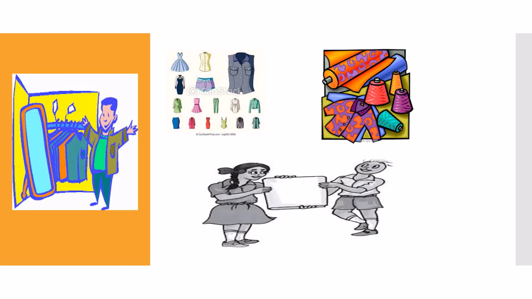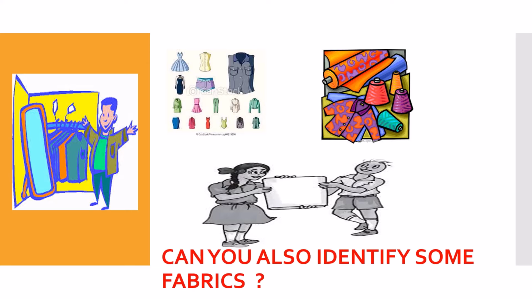The shopkeeper explained that some clothes or fabrics were cotton and some were synthetic. Some are silk sarees, some are shawls, mufflers, etc. They got confused and discussed, and later on they bought a woolen muffler and a cotton saree. So like Bujo and Paheli, can you also identify some fabrics?